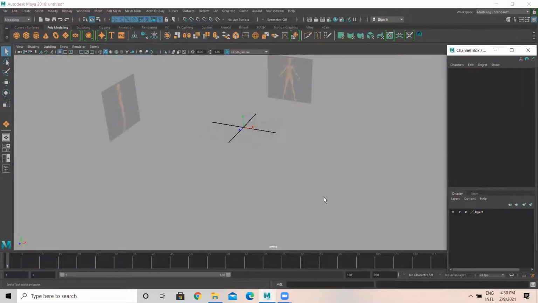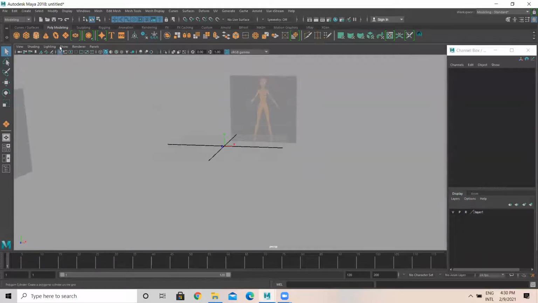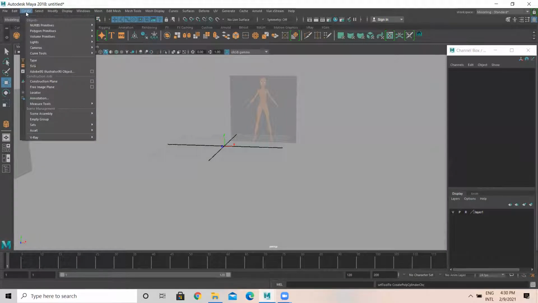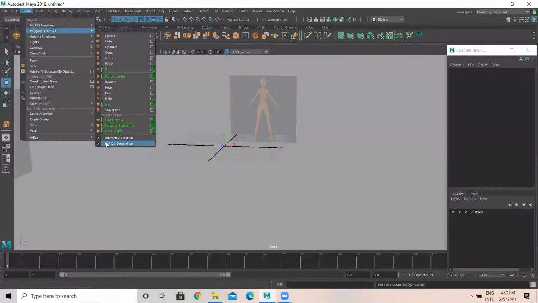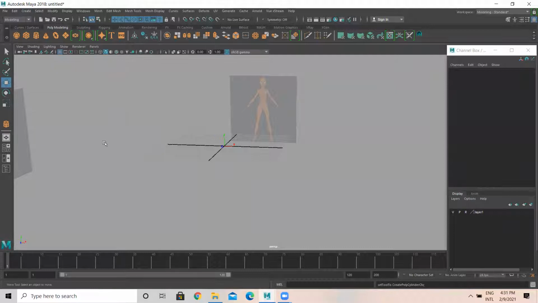Okay, so then we'll be taking a cylinder to create this. I'll just turn off this one, go to create polyprimitive. Interactive creation I will turn off so that I don't want any interaction while I create the cylinder. So I turn off create polyprimitive, turn off interactive creation. Now when I select a cylinder, automatically I get a cylinder exactly in the center of the grid. I want this particular method for my female modeling.